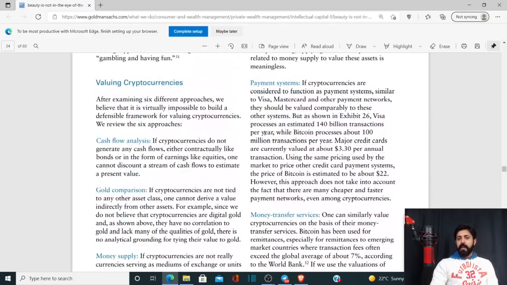Instead, payment systems. If cryptocurrencies are considered to function as a payment system similar to Visa, MasterCard and other payment networks, they should be valued comparatively to these other systems. Now the difference is Visa, MasterCard, they are companies. Say for example, RippleNet is a company. Ripple is a company providing RippleNet as a product. But XRP and XRP Ledger is not. It's a system